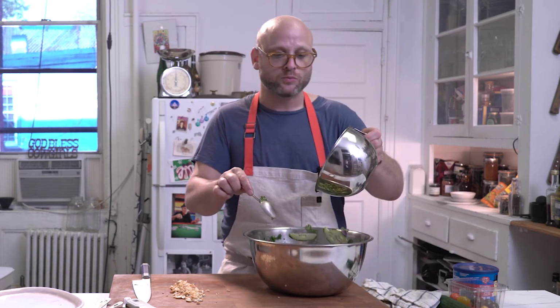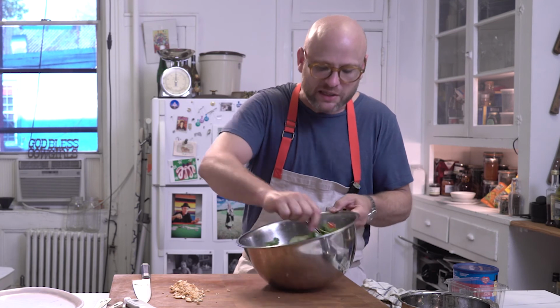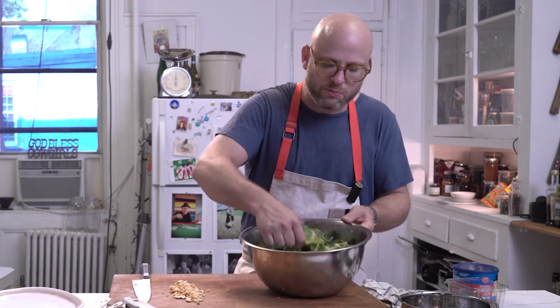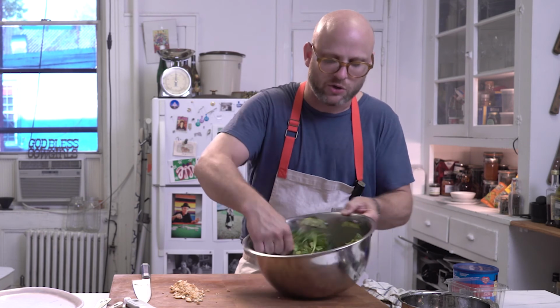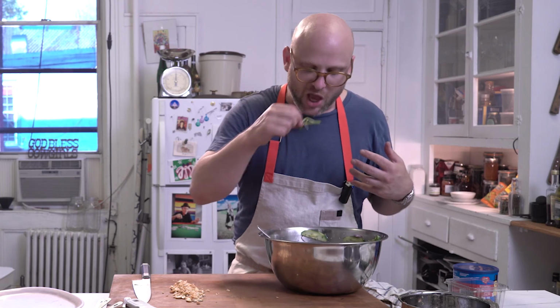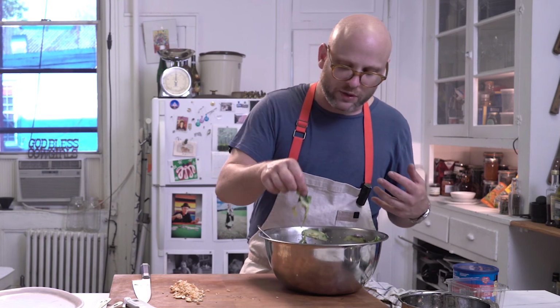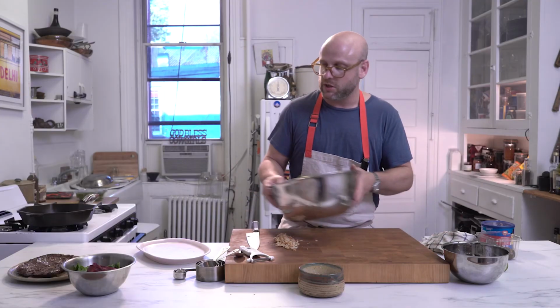Wow. There's almost nothing better than the spiciness, barely sweet, and then there's really sharp from the onions, and then the moistness from the tomatoes and the crunch, and the cilantro and the mint are really fresh. This is a perfect thing that you want to eat on a summer day. And for this steak,